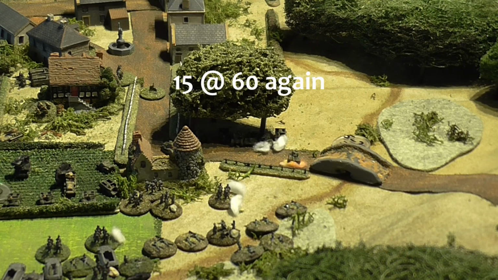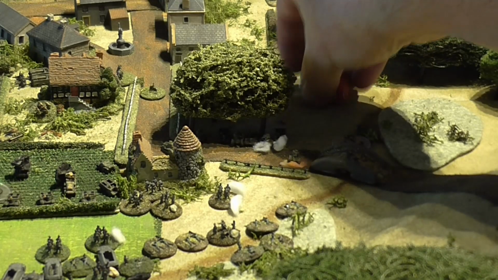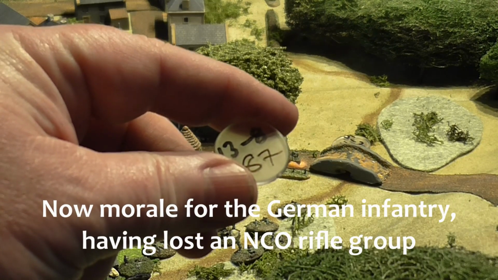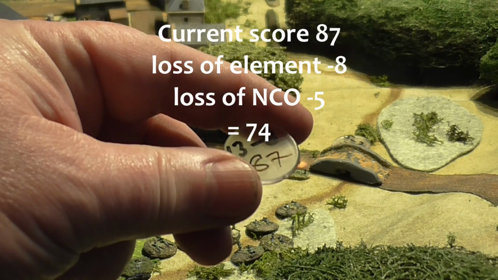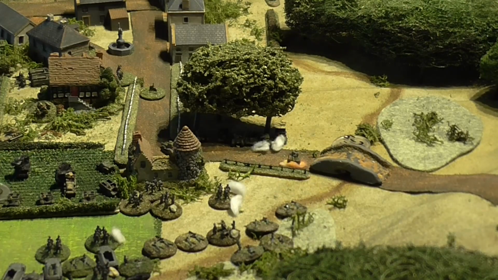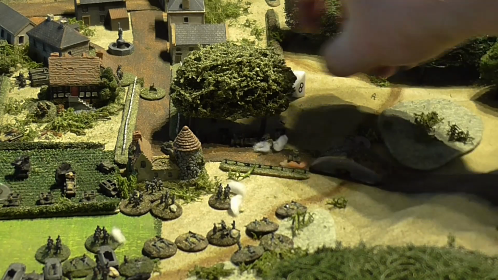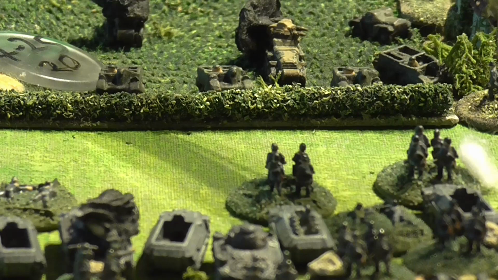Second Bren, 15 at 60. 63, a miss. So that's Carrier Platoon 1 finished with. NCO unit, so morale drops from 87 to, oh, let's see, 79, 74. 66, so they make that. A couple of other things have activated on the table, but now it's the turn of Carrier Platoon 3, which